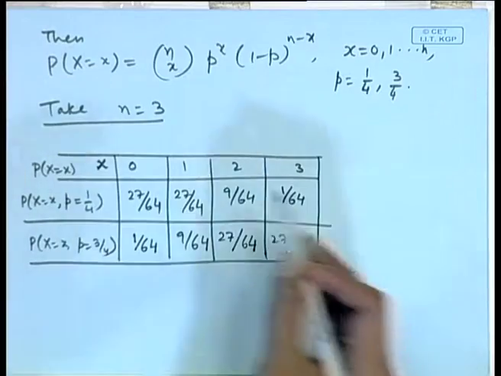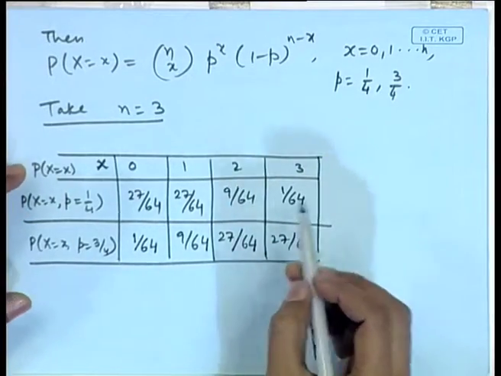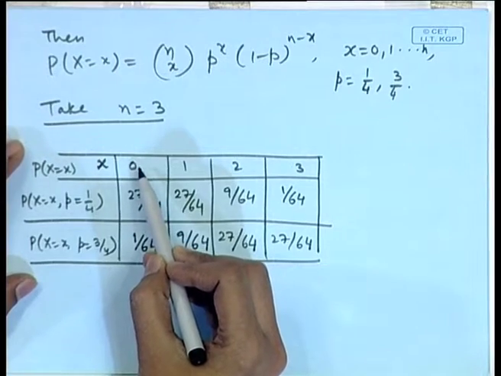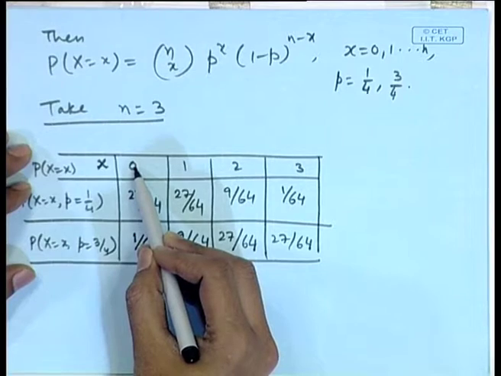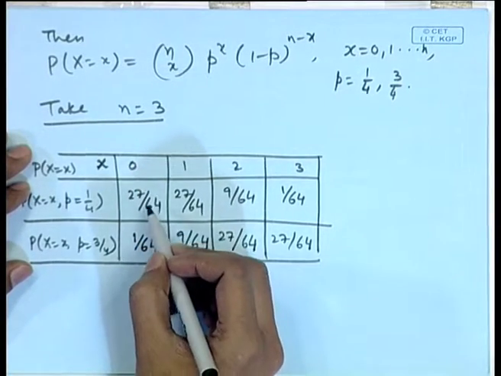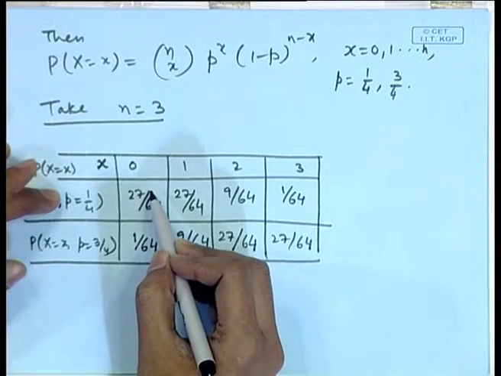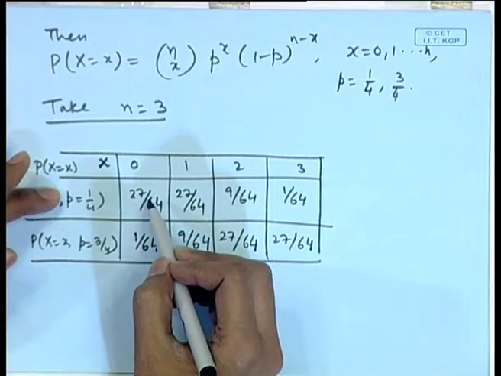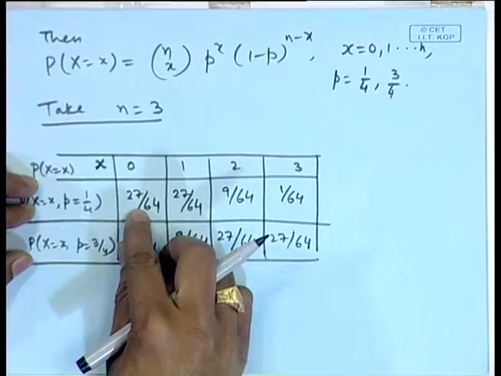So, as a layman, what will be our observation? Our observation is that when we have taken a random sample of size 3 from the urn, we observe what this sample contains. So we note down the number of black balls and the red balls. If we observe that there are no black balls, that means all the balls are red. The probability of that is higher corresponding to p equal to 1 by 4. That means, as heuristic thinking, it will mean that there are actually fewer black balls.